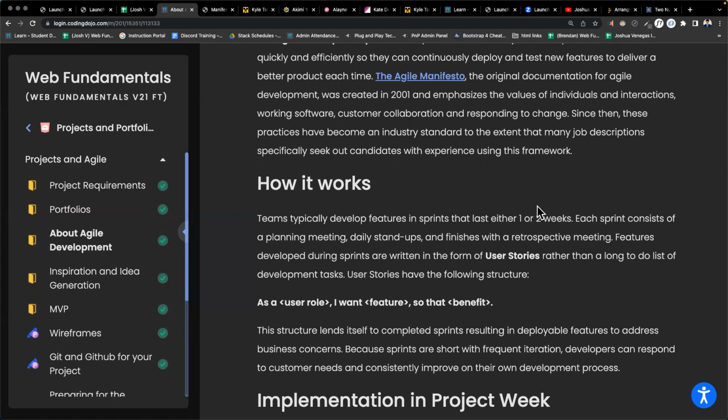Let's say your goal is to make an e-commerce app, right? You're making an e-commerce app, something like Target.com or Walmart or Amazon, something where you can sell things online, your own store online. You have the way that you would make the website look. You have specific goals for how it's going to be. And let's say you're the manager of the project and you have 5 developers working for you.